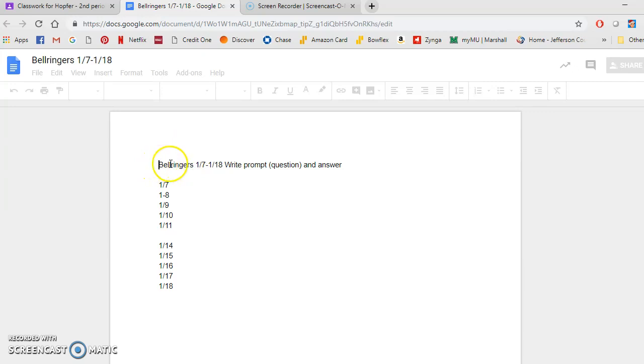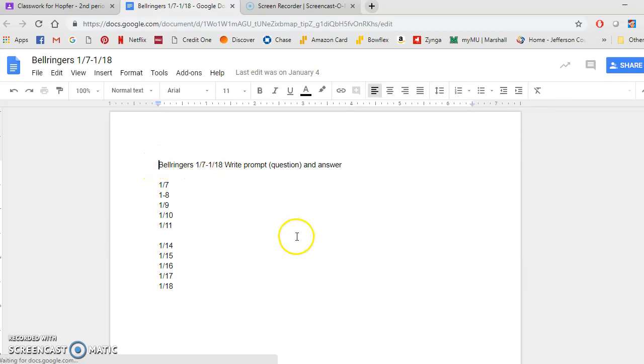Listed is the title and the dates that you will be using this page. So the dates are listed on the left-hand side, and you will be asked to put the prompt. The prompt will be written on the board. So you copy the prompt or the question and then write your answer. When you're finished,